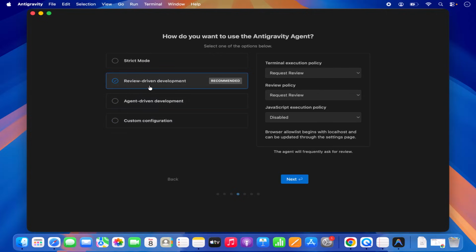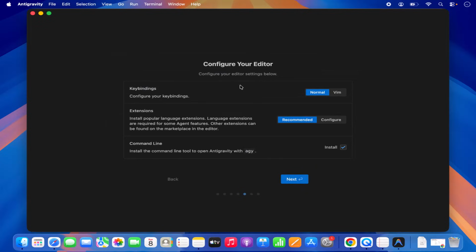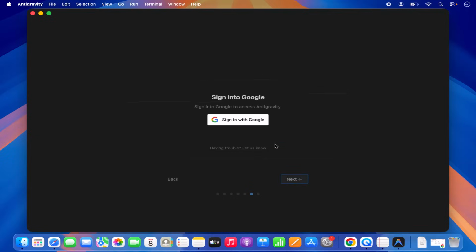For now, I'm going to use review driven development and then click on next here. And then you can choose the configuration for your Anti-Gravity editor. So you can choose the key binding. I'm going to leave it as normal, and also extensions. I'm going to also leave it as recommended, and the command line I'm going to also leave it as default. So here I'm going to click on next, and then